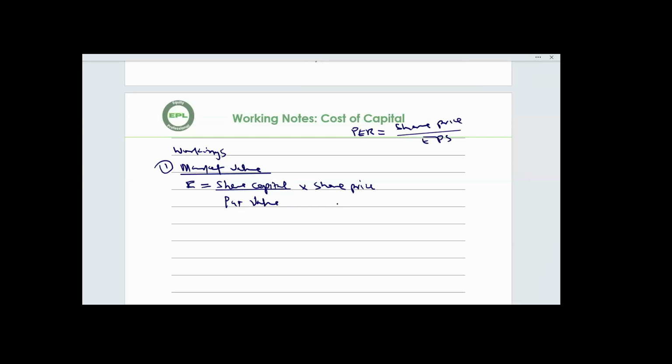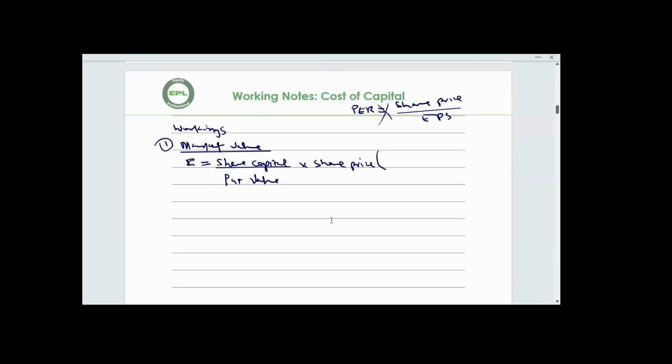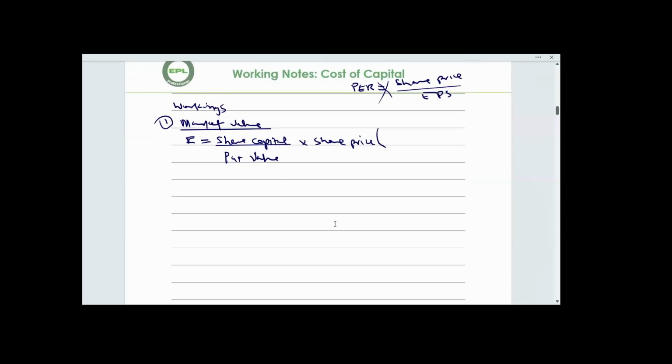So if price earning ratio is given to you, and you're also given earnings per share, that means this is the formula that we can use to get the share price. So we just make share price the subject. In this particular question, since we are not given the share price, I can then say share price is equal to price earning ratio